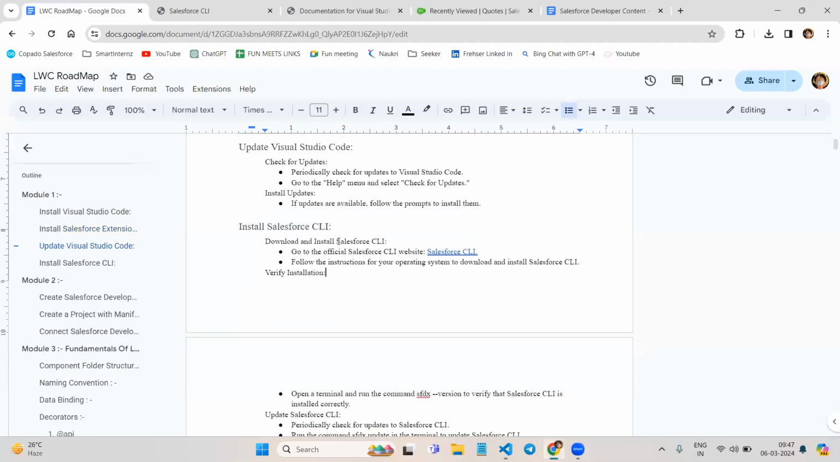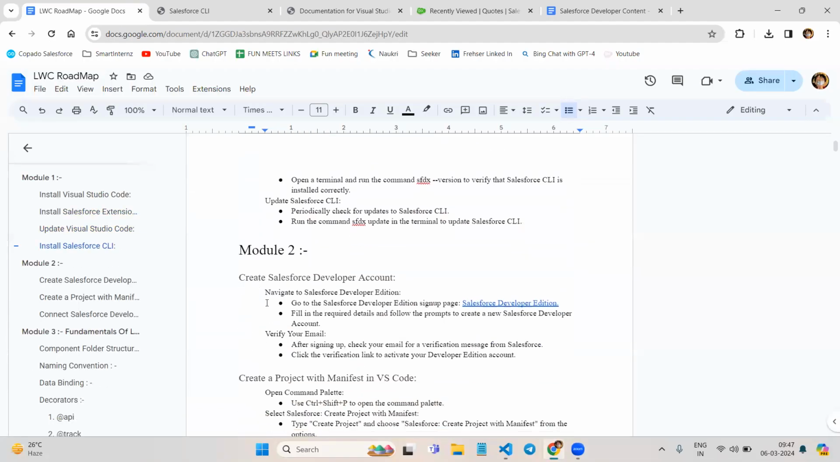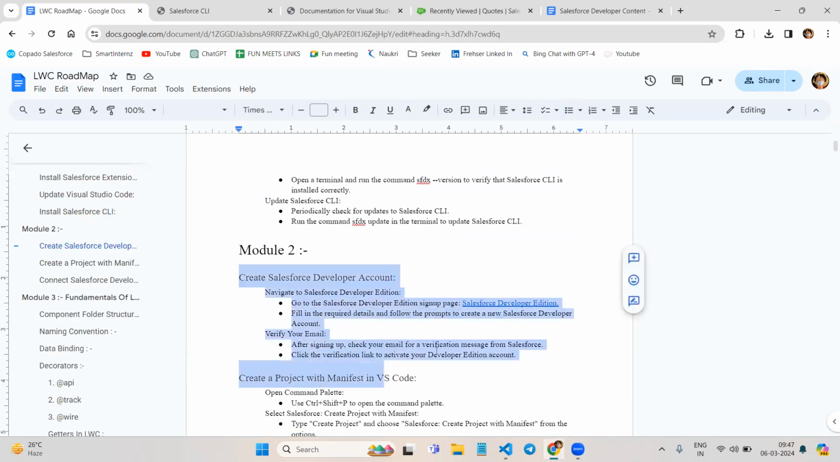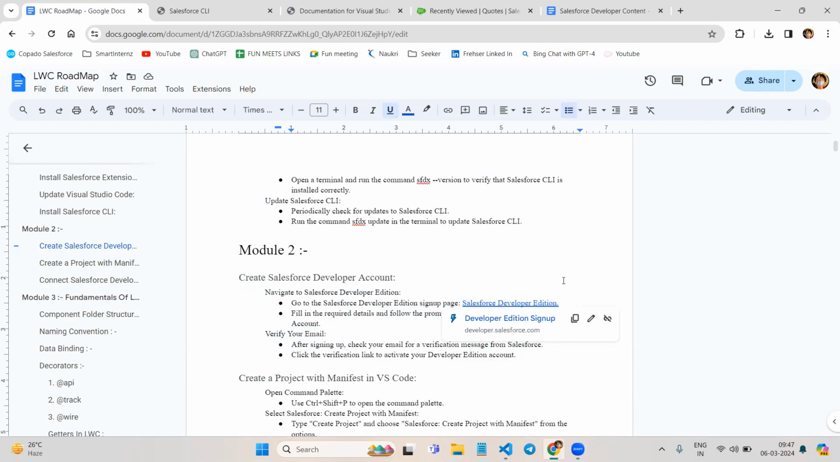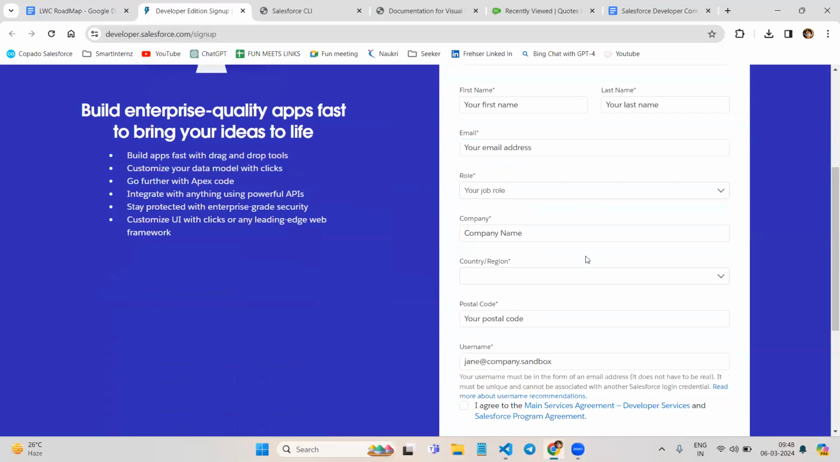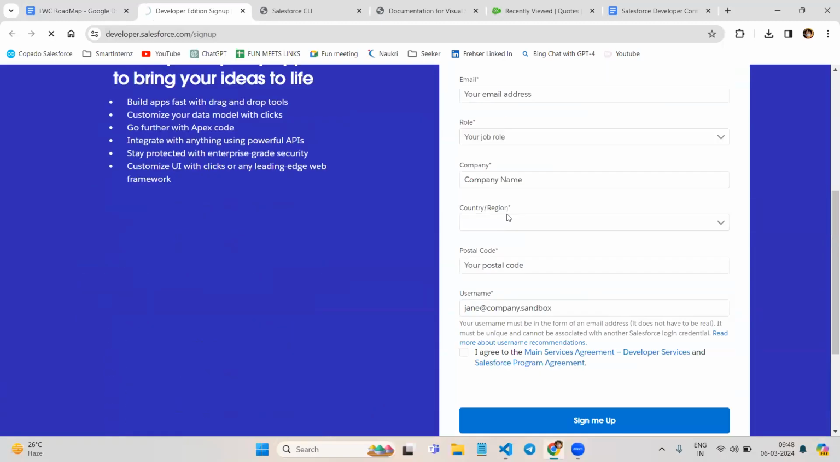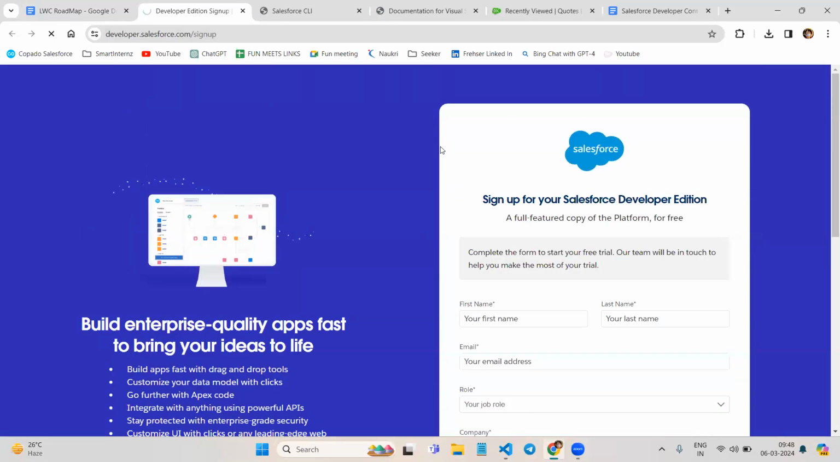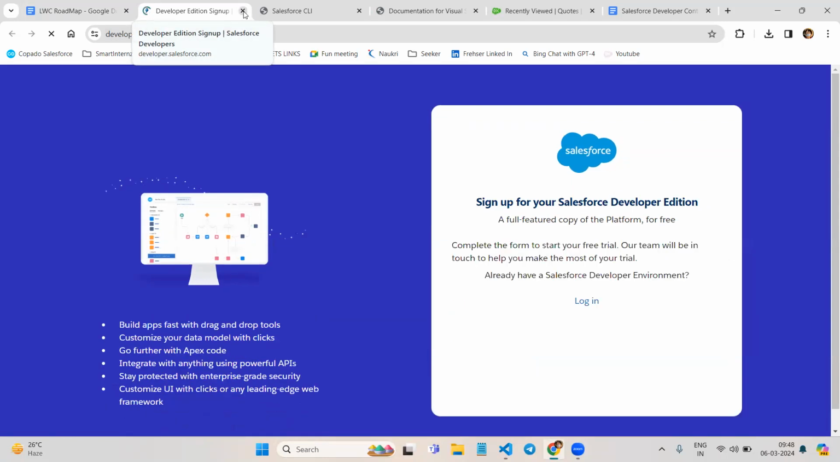After that, for connecting a Salesforce account, in module 2, as we can see, we need to create an org for connecting Salesforce to Visual Studio Code. So here I have attached a link to create a developer org. First, you just need to create an org and verify it by using your email. And after that, it will give direction to